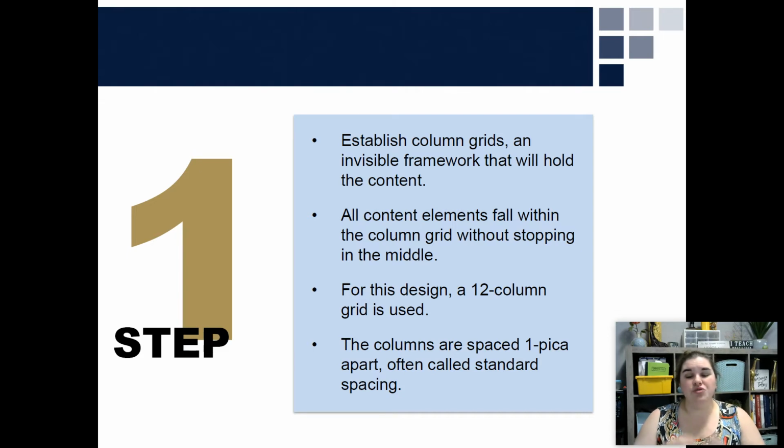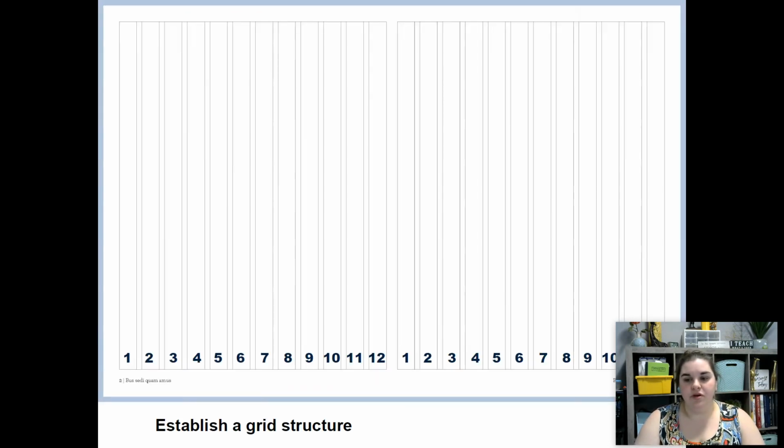We usually use a 12 column grid because that's how wide the spread is, and it's even. The columns are then spaced by 1 pica, which is the standard spacing. It's kind of like pixels, but picas are what we use in print. I'm going to show you a video on how to get these grids on your spread, but you establish